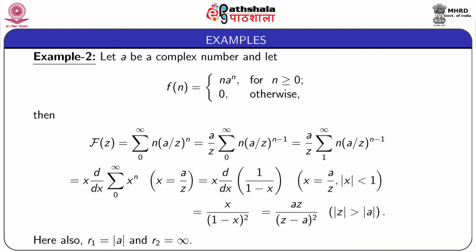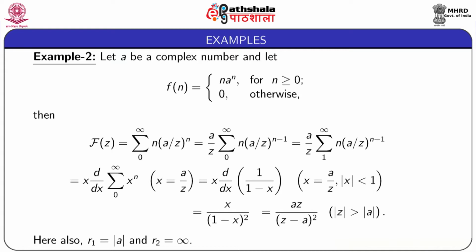Next we come to example 2. Let a be a complex number and let f(n) equal to n a to the power n for n greater than or equal to 0 and 0 otherwise. Now the Z transform of f(n) is capital F(z), which is equal to summation n equal to 0 to infinity n a to the power n z to the power minus n, and that is equal to summation 0 to infinity n into (a by z) to the power n. This is equal to a by z into summation n equal to 0 to infinity n into (a by z) to the power n minus 1,